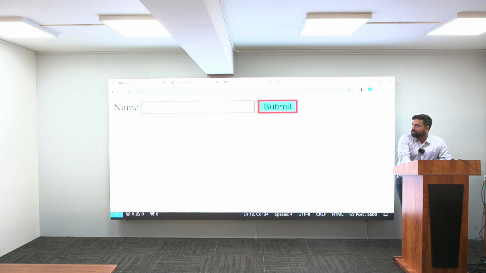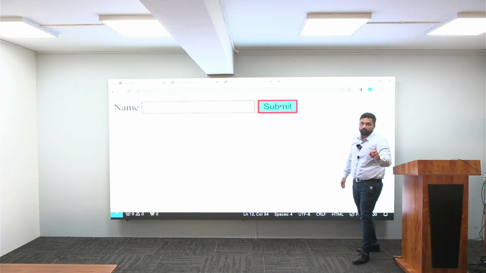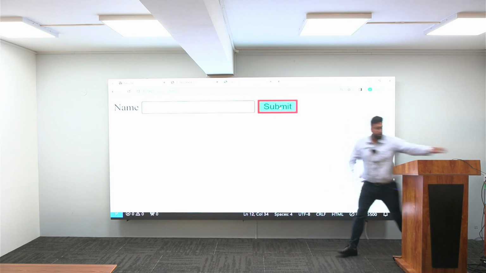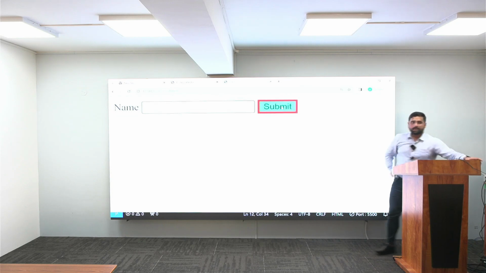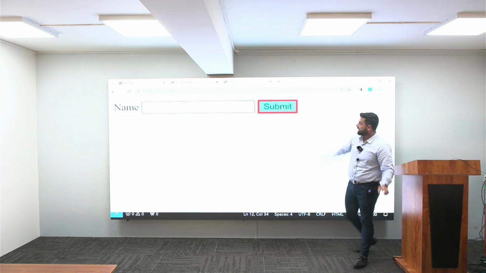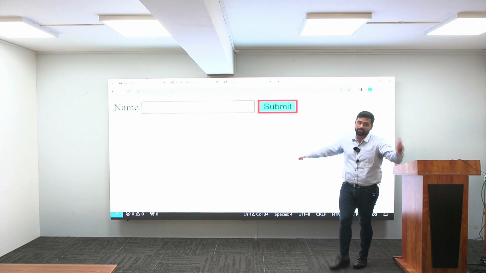See, now it has given. In my border color, what color have we given? Red. Now if I remove this cursor, see, right now it is not highlighted, but the moment I bring my cursor, it gets highlighted. So as my border we have given color red, that time it was not saved.